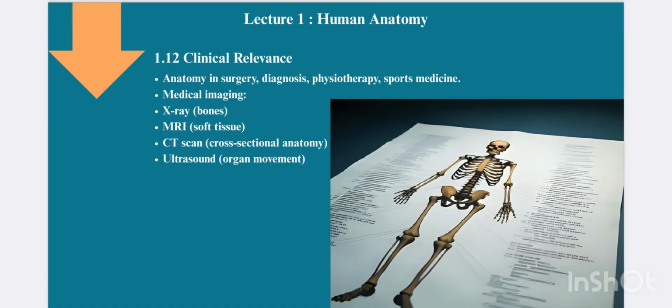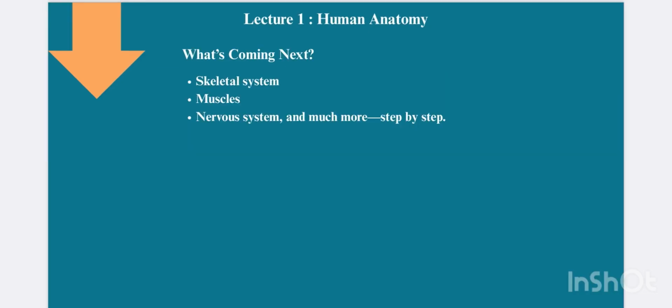Now the clinical relevance of human anatomy. Human anatomy is used in surgery, diagnosis, physiotherapy, sports medicine. Then we can do medical imaging like X-ray, MRI, CT scan, ultrasound, which helps, as modern medicine uses anatomy with imaging tools like X-rays for bones, CT scans for structures, MRI for the soft tissues and ultrasound for organs in motion. So today we covered what human anatomy is, its branches, and how it plays a vital role